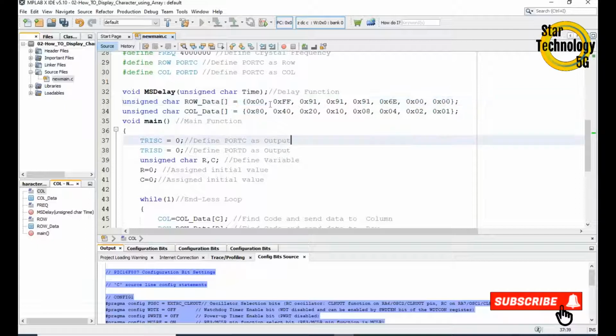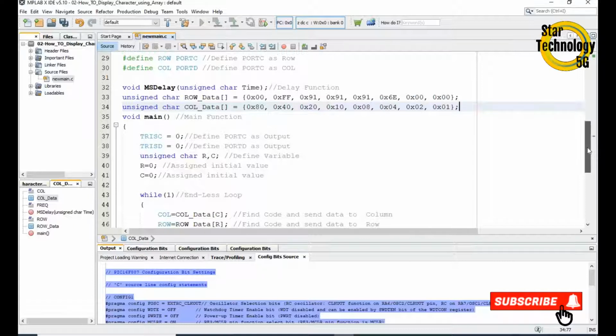We are storing the hex code of row number 1, 2, 3, 4, 5, 6, 7 and 8, and unsigned char column data. Here is the data of the column for column number 1, 2, 3, 4, 5, 6, 7, 8. These data we will send one by one using array techniques.